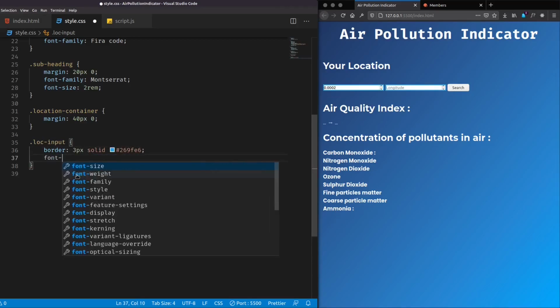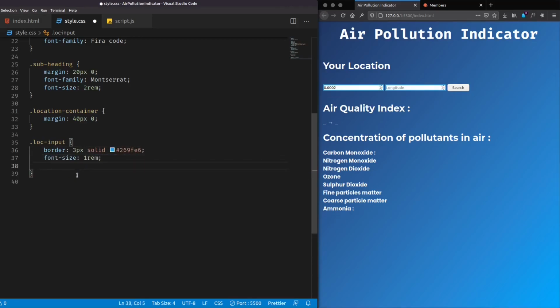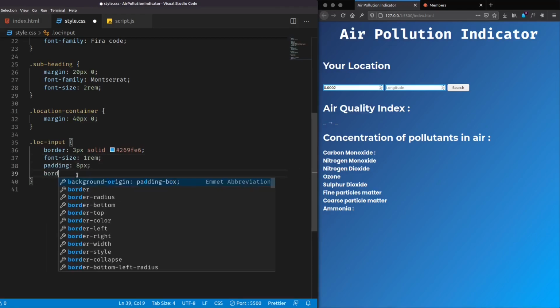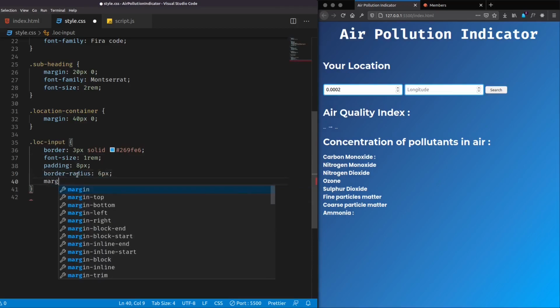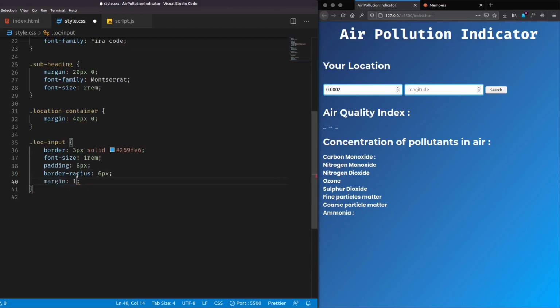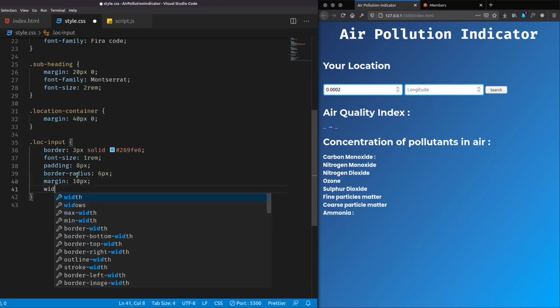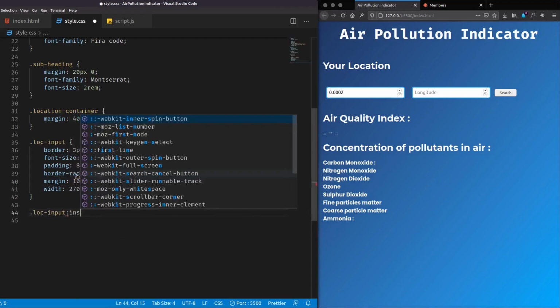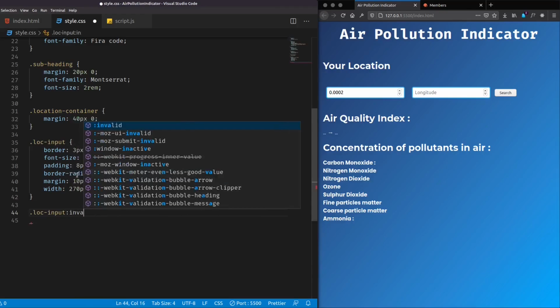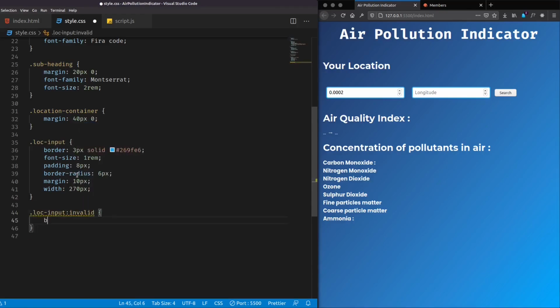Give a font size of 1 rem, padding of 8 pixels all around, and give a border radius of 6 pixels. And also let's give some margin of 10 pixels all around. Give a width of 270 pixels, and let's also change some style if it is invalid. I'll simply change the border to 3 pixels solid red color, that is #D34545.